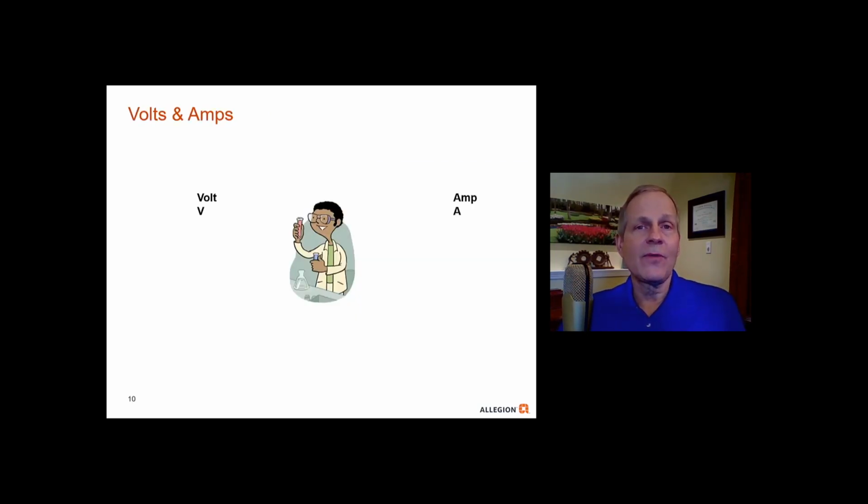Now, the terms volts and amps, you'll sometimes see volts abbreviated with a single letter V, and amps abbreviated AMP or with a single letter A, capital letters on both. So where did those come from? Well, those names came from the early scientists that did experiments with electricity. So we had Alessandro Volta that did experiments regarding electrical pressure. And then for amperes, it was André Marie Ampère, who did experiments with current flow or electrons flowing through a